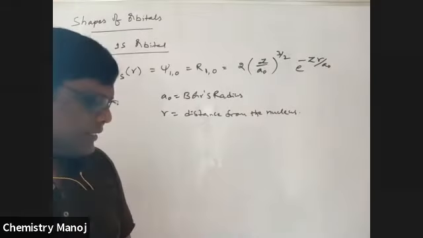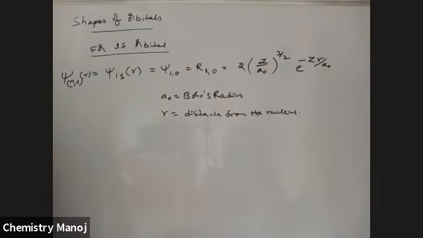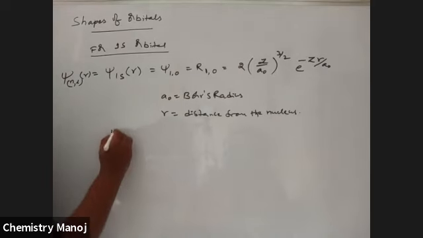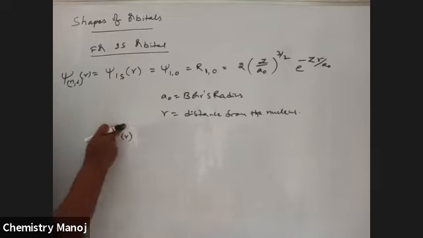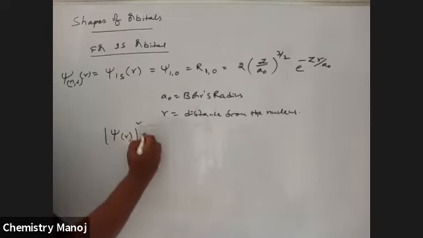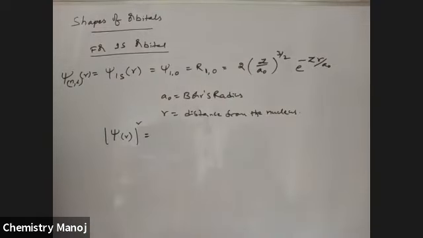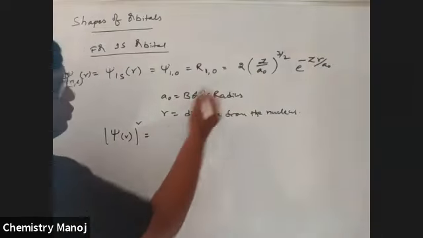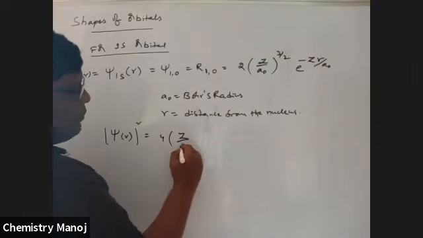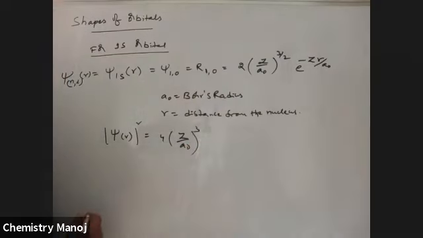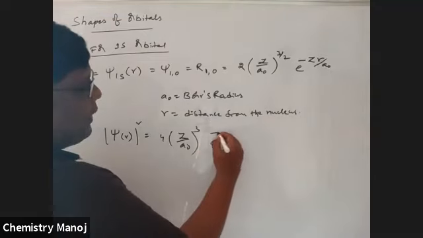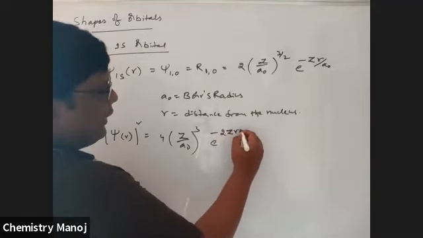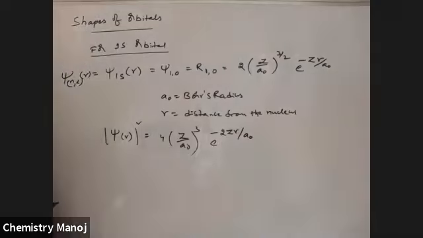Now I am going to discuss how much the radial probability density is. It is a psi function, so now I am going to find out psi square R. Squaring that, we get 4 (Z by a naught) whole cube, e power minus 2 Z R by a naught. This is psi square.